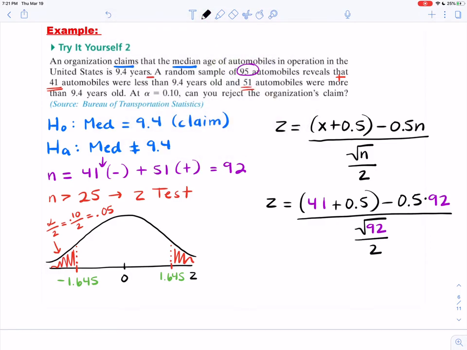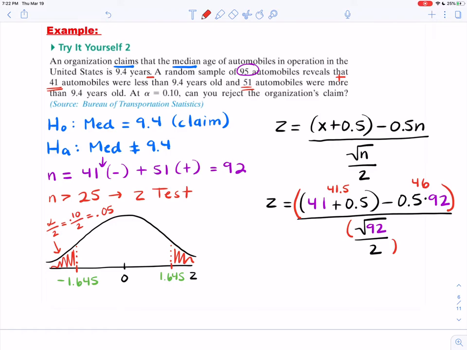Divided by 2. Now, the main thing when you go to compute this, if you want to plug it all in at one time, is that you would need to have your whole numerator in parentheses, and you would need to have your whole denominator in parentheses. The other thing to do here is to work it out in pieces. Just make sure that you don't round too short. So for example here, I could go ahead and note this is just 41.5. 0.5 times 92, we're just taking half of 92. So we're looking at a value here